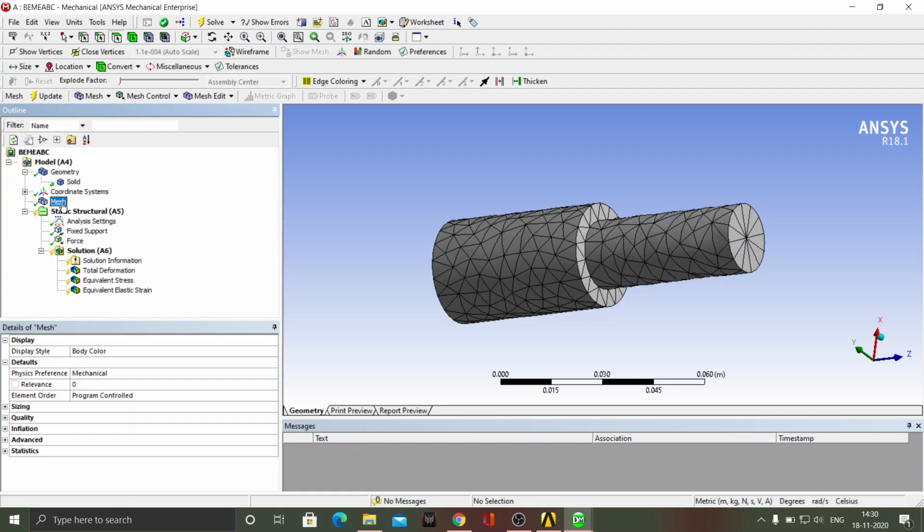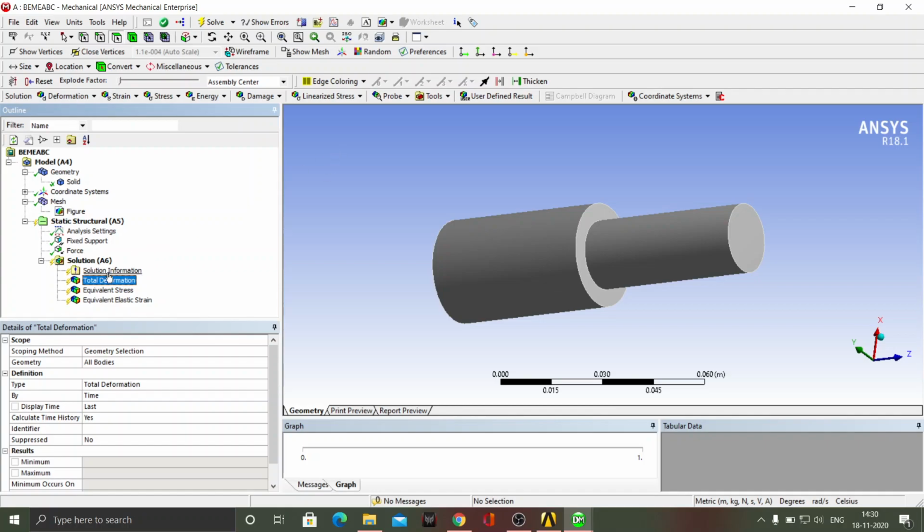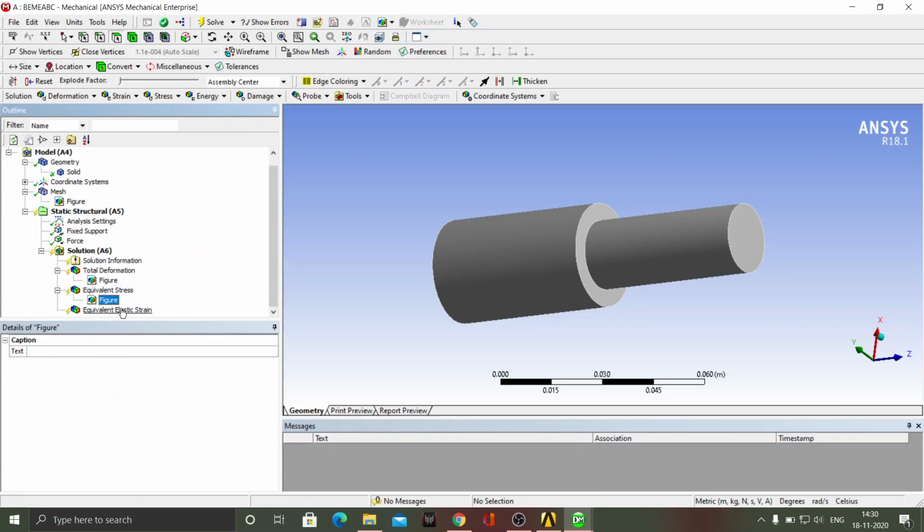So what we will do, we will click on mesh, we will go in here, we will click on figure. So it will add this particular figure. Then similarly, total deformation, we will click on total deformation, we will go here, again we will add figure. Then for stress and strain, we will repeat the same process.